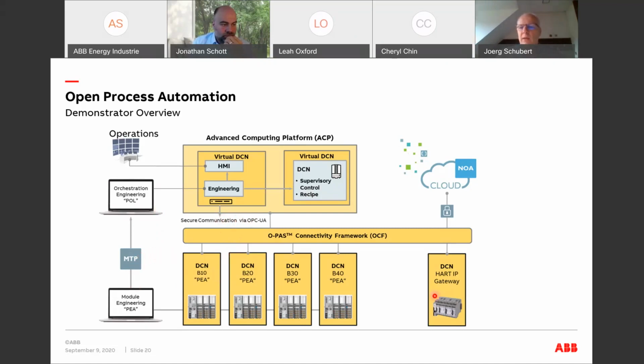In addition, in this demonstrator, we were also taking care of what you have seen in the general drawing of Jonathan, export of data to, in the past, one would have said level 3, level 4 applications. That's done here by an approach that the chemical industry is going for. This is the NAMUR open architecture approach, where on the level where the data comes, you have an extraction path and cybersecure extraction path into the cloud.